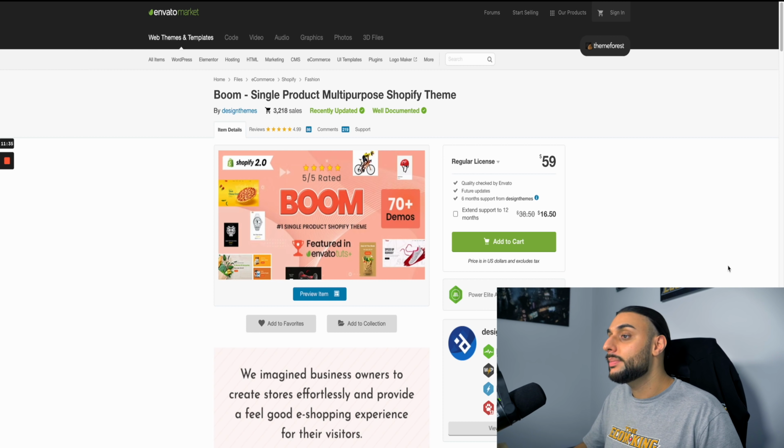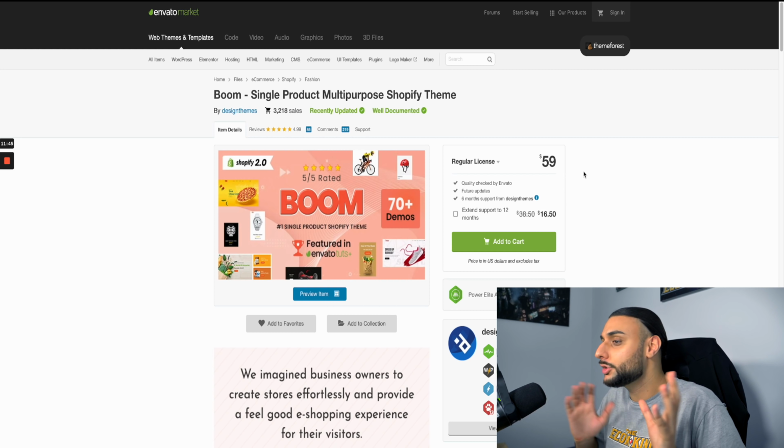So I do believe the Sense theme is going to be the best completely free theme for dropshippers in 2022 that don't want to buy a paid theme. But if you do want a paid theme that can take things to the next level at an affordable price, I do recommend the Boom single product theme, and this was featured in my 2021 free course, and it is $60, which isn't too crazy,